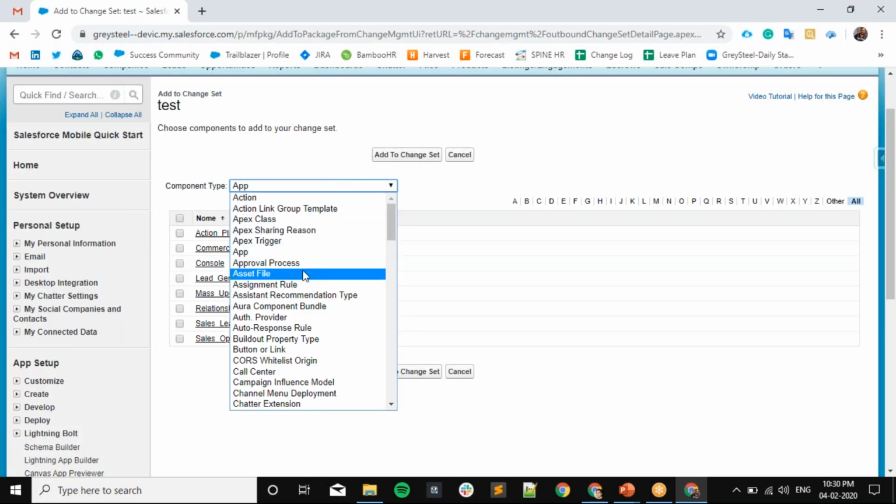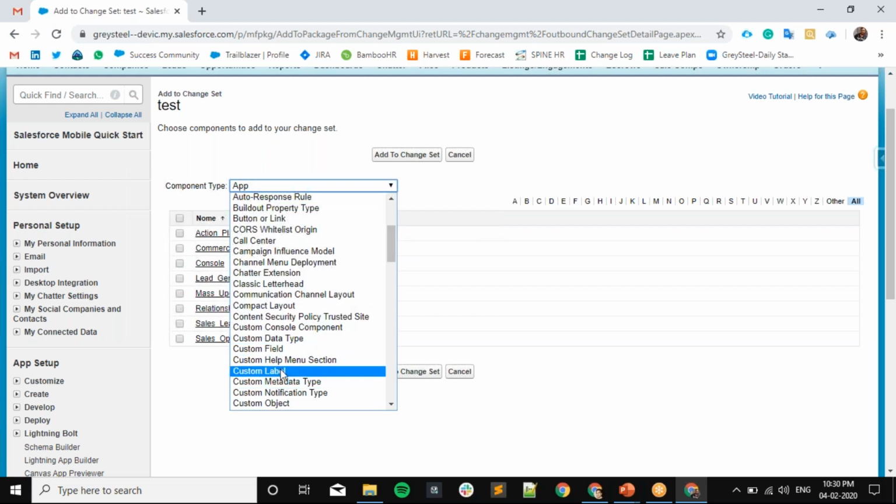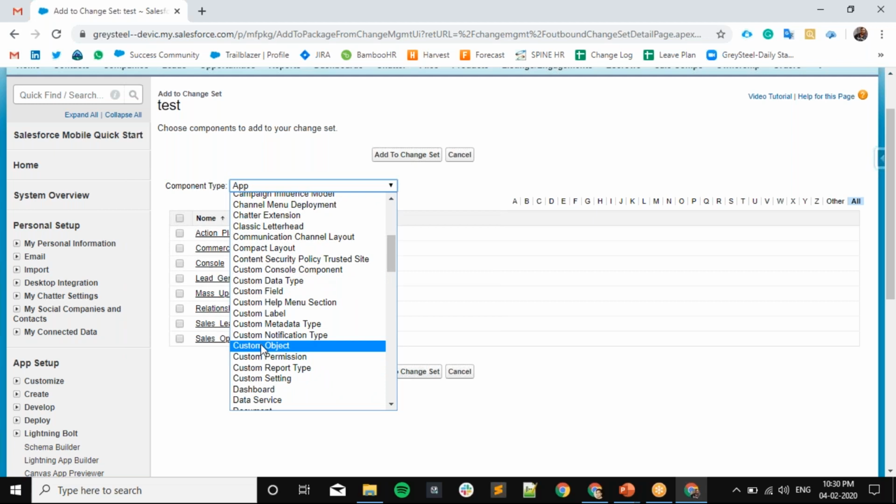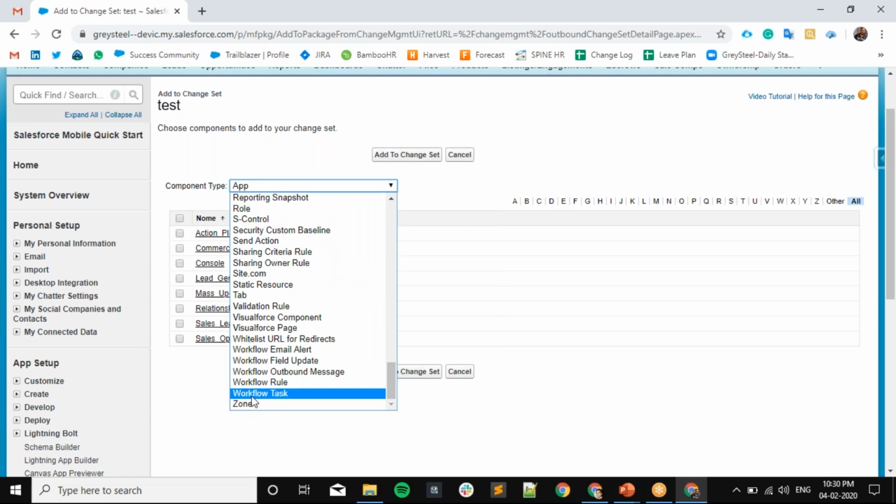Let's say I want to add a custom object. So there will be the custom object, this is the custom field, and this is the layout and all. There are so many things. Whatever you create, let's say a workflow rule, there are workflow task, workflow rule, Visualforce page, validation rule, tab.